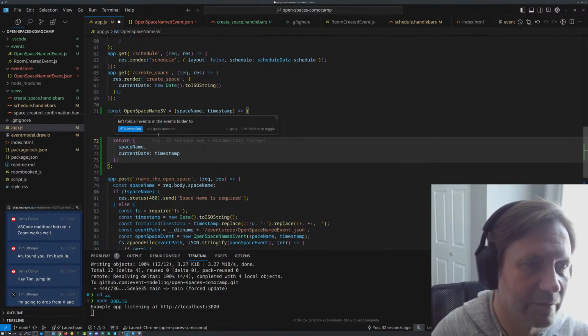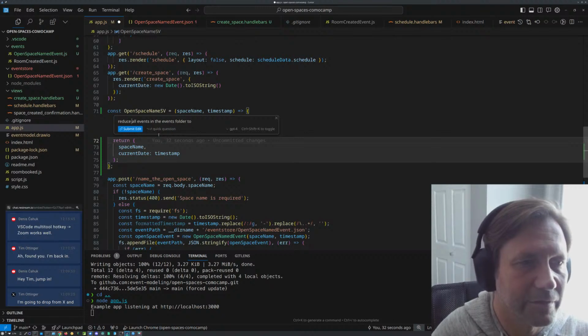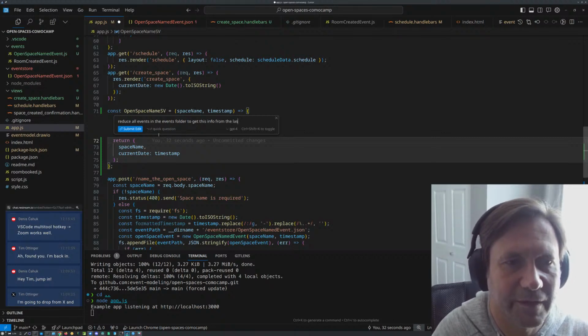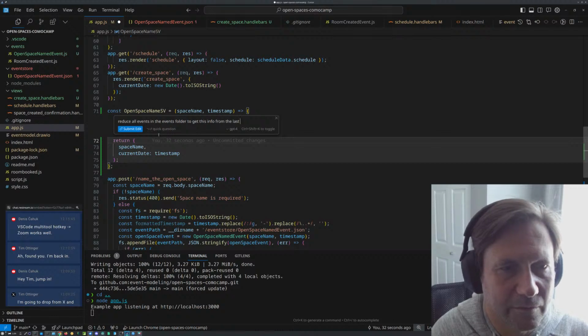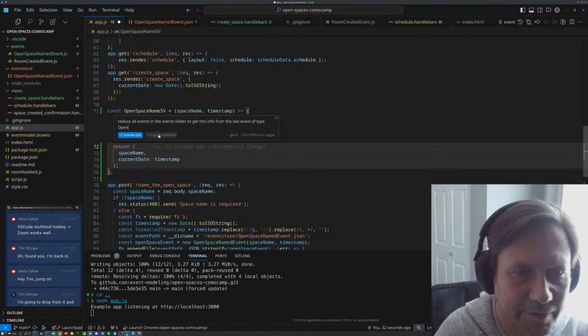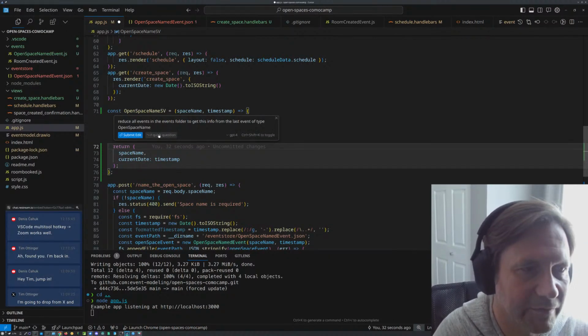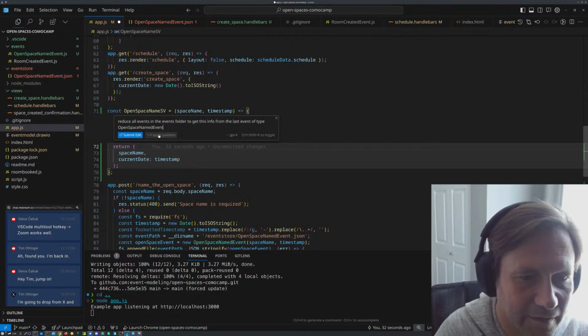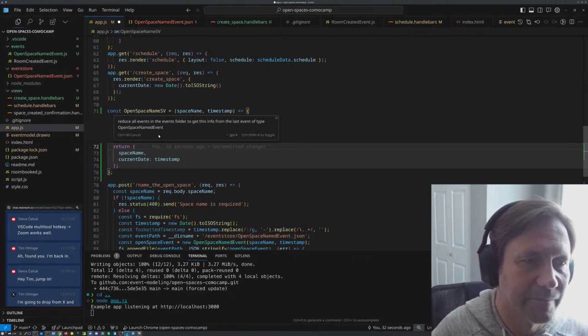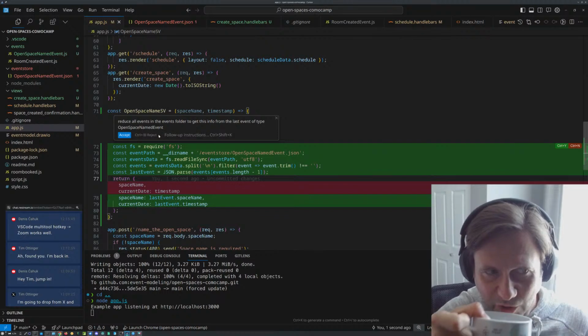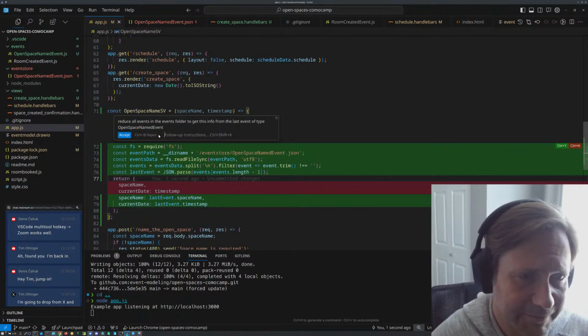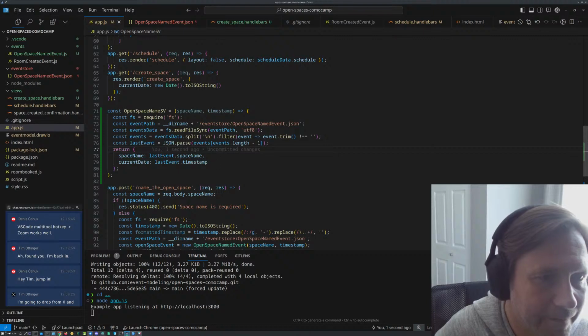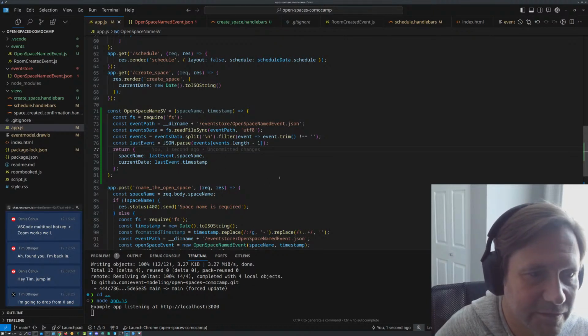It should probably reduce all events in the event folder to get this info from the last event of type open space named event. I think that would be it. Okay, I'll accept that. I think we can optimize this to reuse.